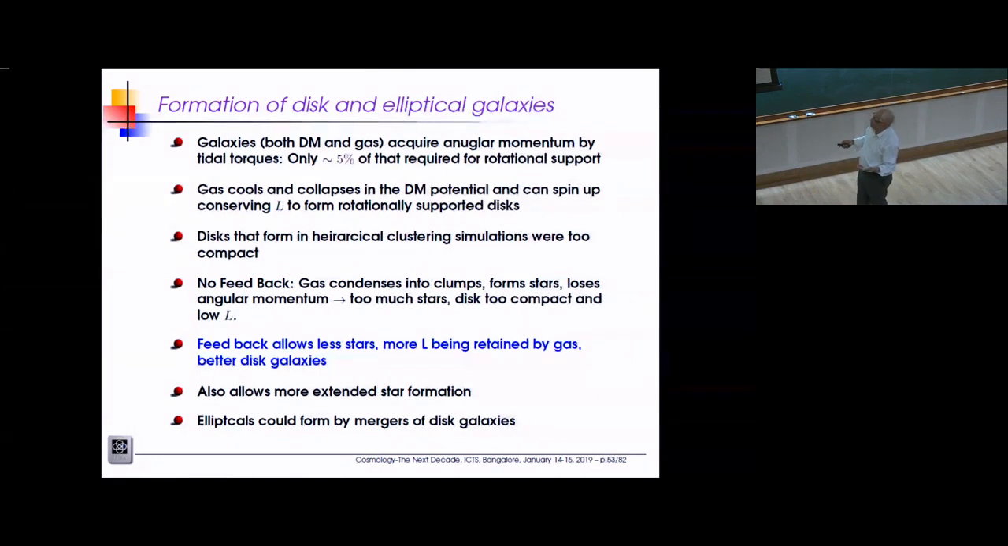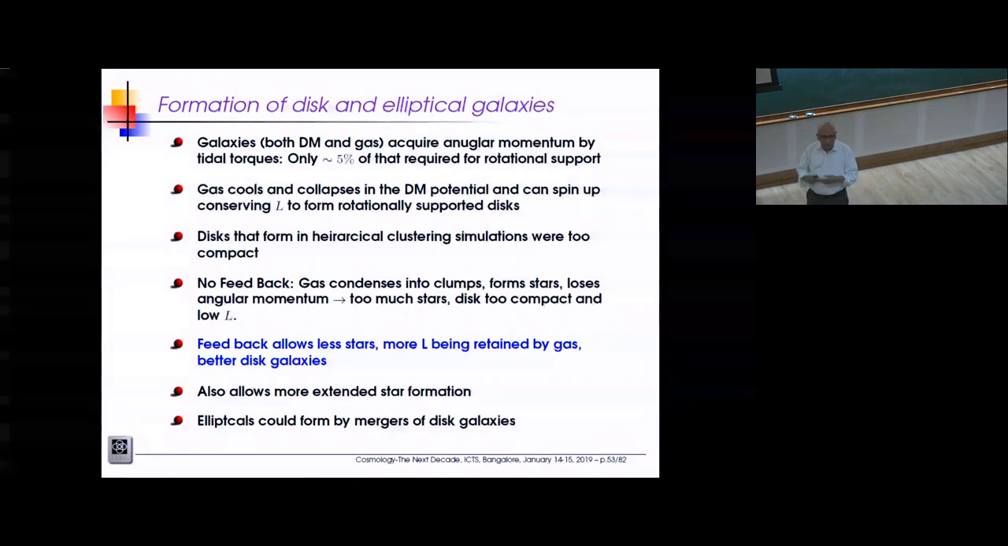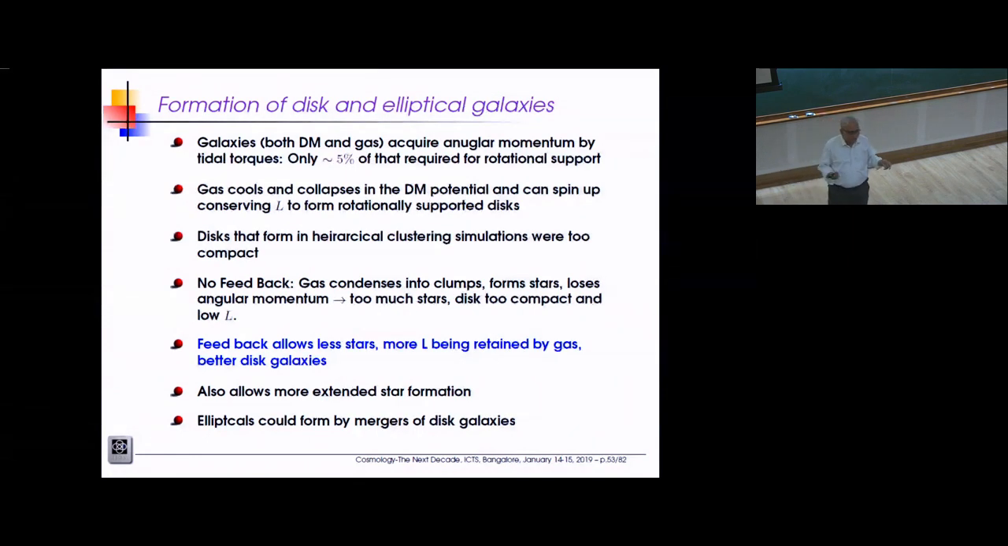Secondly, it turned out that if you did not have feedback, the gas condenses more into smaller objects, and these objects then hierarchically cluster to form the big galaxy. They lose their angular momentum, and the gas itself loses angular momentum, and the disk that forms is too compact, has too many stars, and too big a bulge. So the simulations, which did not include some kind of supernova feedback, had great difficulty making this that we